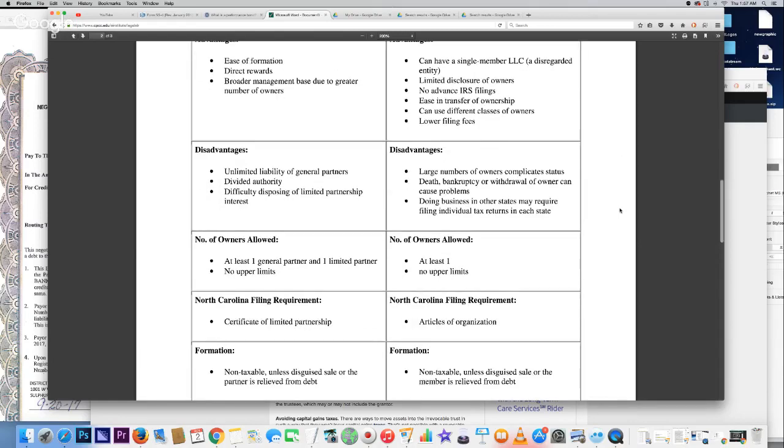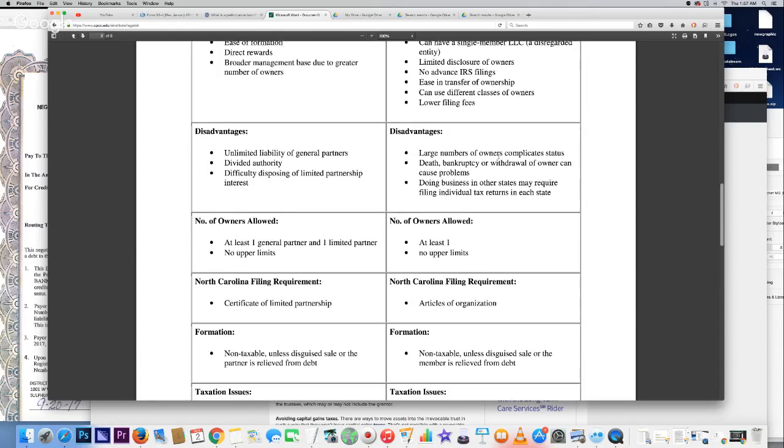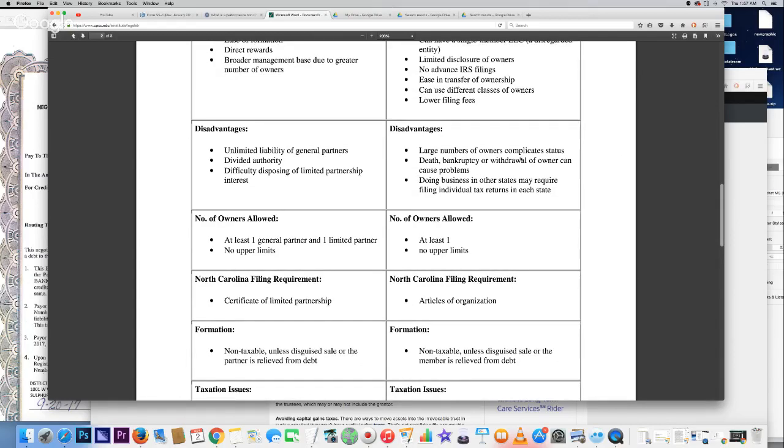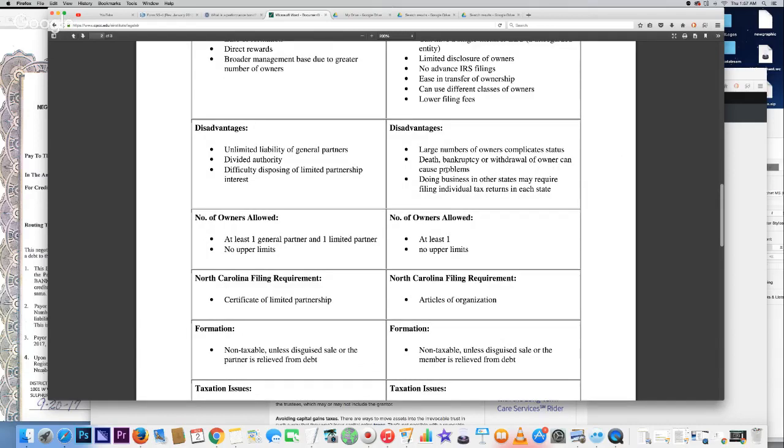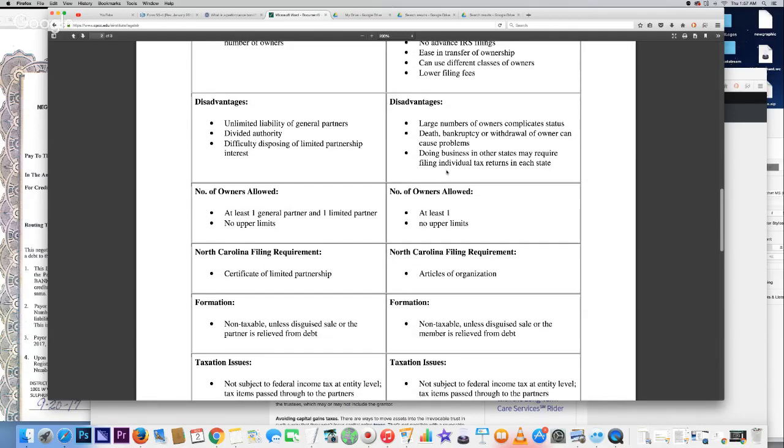The disadvantages: larger number of owners complicates status. Yeah, that's up under your control. Death, bankruptcy, or withdrawal of owner can cause problems. Yeah. Now, I had a situation like that. One of my brothers passed away. That was my partner in one of my corporations, my S corp,